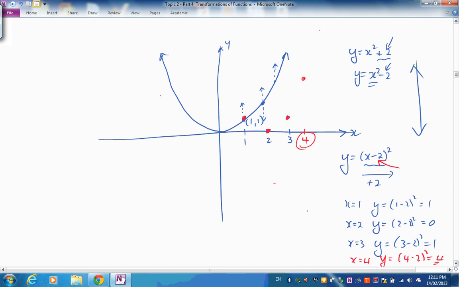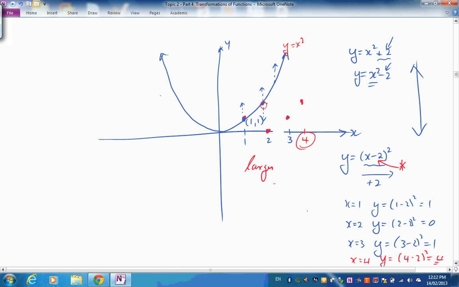When did 2 become 4 on x squared? Here it is. Here 2 becomes 4 on y equals x squared. But we need 4 to put into this function to get that 4. Okay, so here looks like the scale's a bit out here, doesn't it? Really, say if this is 4, hang on, let's get rid of this. If this is 4 here, then we said this value was 4. So we're needing